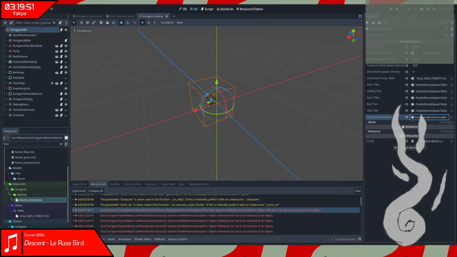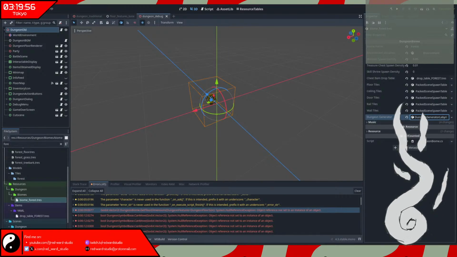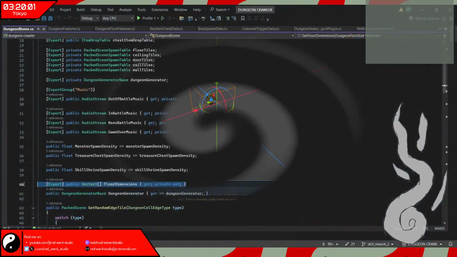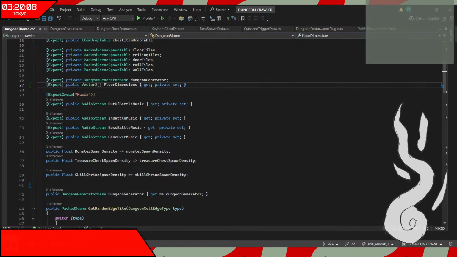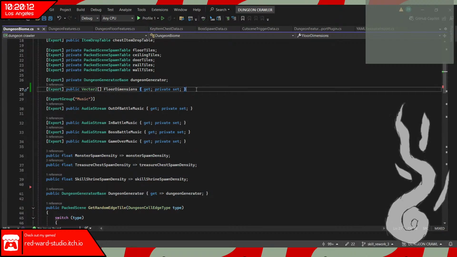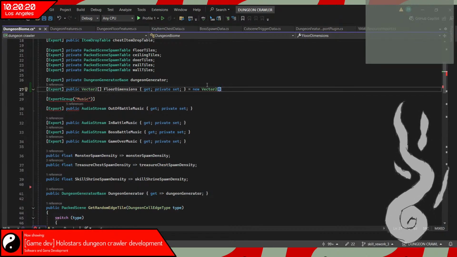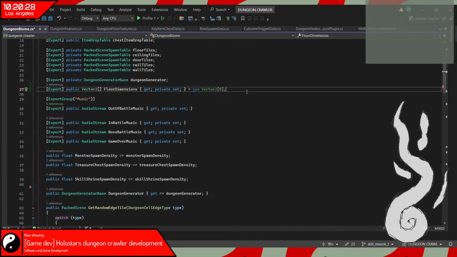Floor dimensions is exported. It's going to be under music, isn't it? Oh, for God's sakes. Okay, that's fine. We'll put it next there. It's logically there anyway. And before I forget, equals new vector 2 0. For some reason, the array of vector 2s is